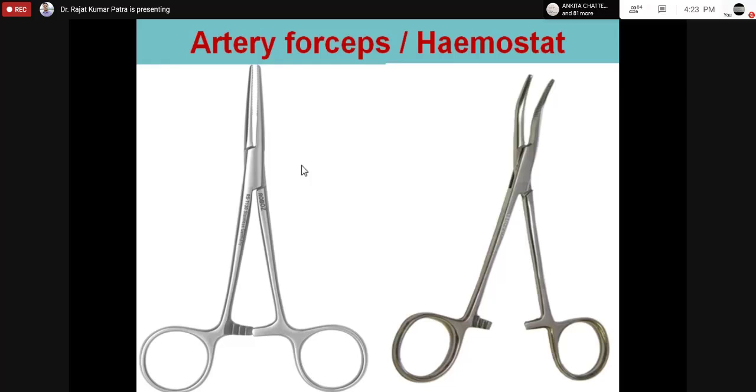Actually, this is tough, because once you hold the instrument, you will remember it lifelong. Okay. But the thing is...